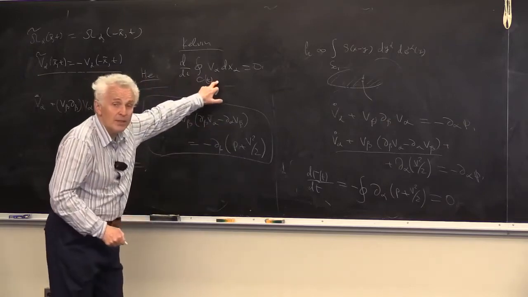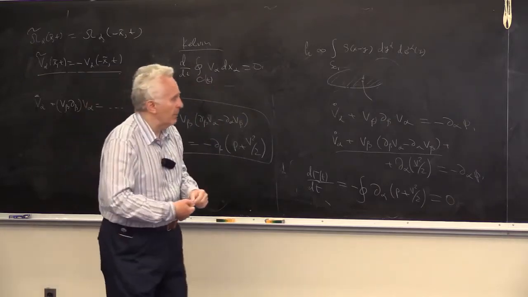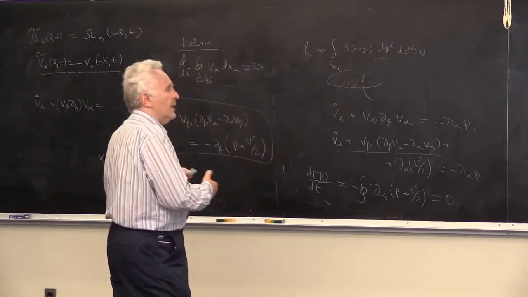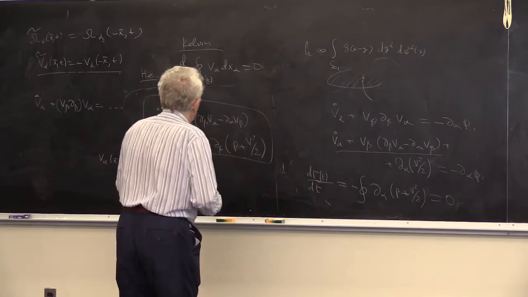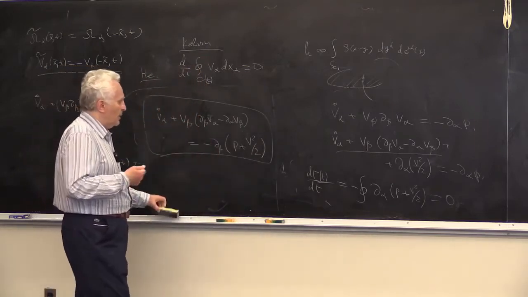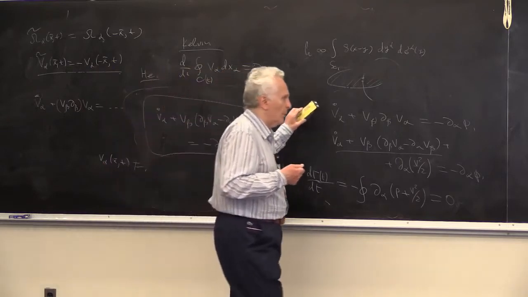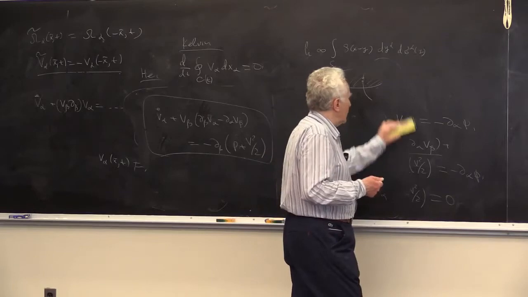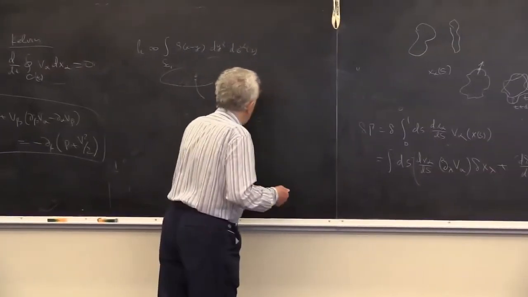Not only velocity depends on time, but the contour depends on time. If, as I said, the contour is fixed, nothing interesting happens. This form of equation will be very useful for us. It tells you, among other things,